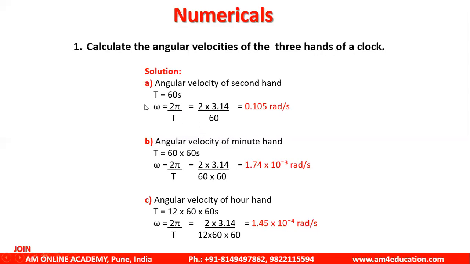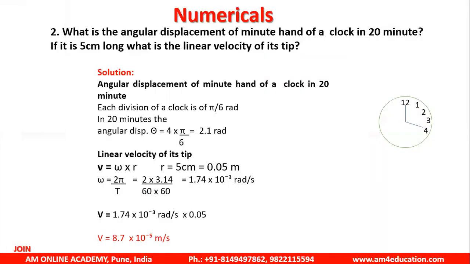The basic formula for this is omega equals 2 pi by T. Now, this can be modified. Here, 2 pi into 1 by T, and 1 upon T is nothing but the frequency, that is n. So in that case, the formula will become omega equals 2 pi n. We will see problems based on 2 pi n also in the next problems. Now, let us see the next problem.